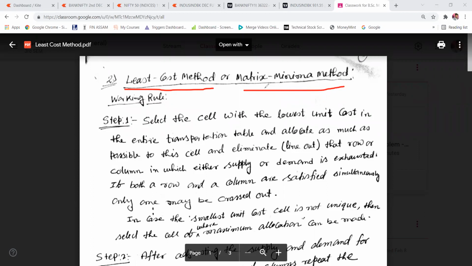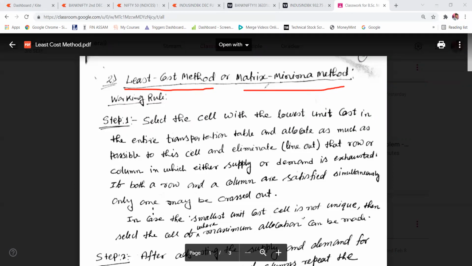And then after that, we found what would be the solution of that transportation problem.